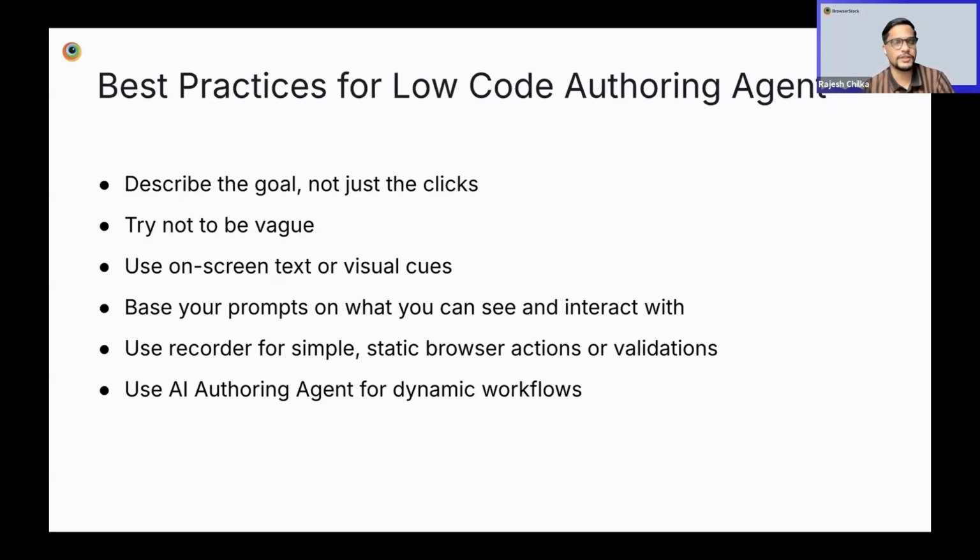Now, one last thing around best practices for agents: this works very well if your objectives are short and concise, and have appropriate context. If you try to give a very big objective that covers your entire end-to-end workflow, it might not lead to very accurate results. So try to break down the bigger objective into a bunch of smaller or medium-sized objectives. Instead of specifying everything in a single prompt, break those things down into 4 or 5 different prompts, and then